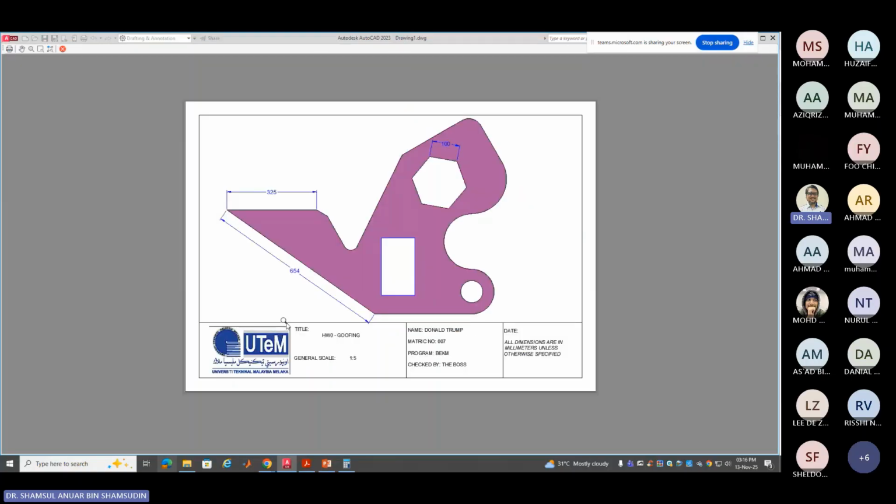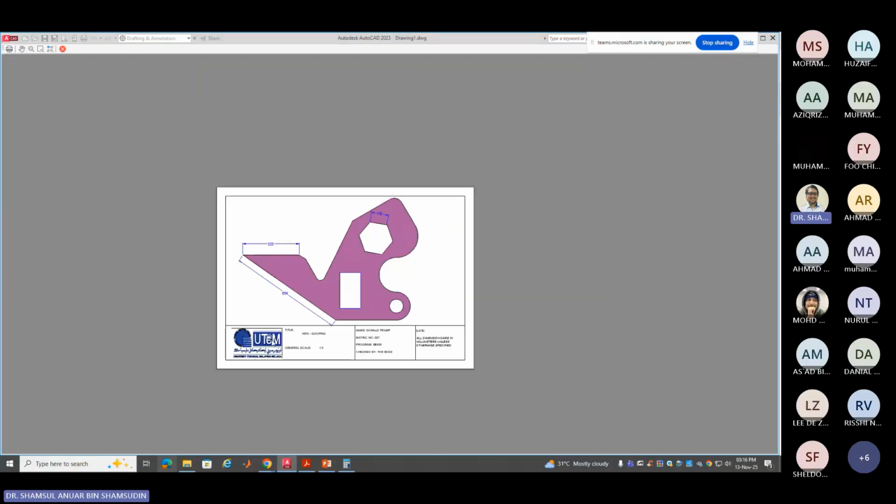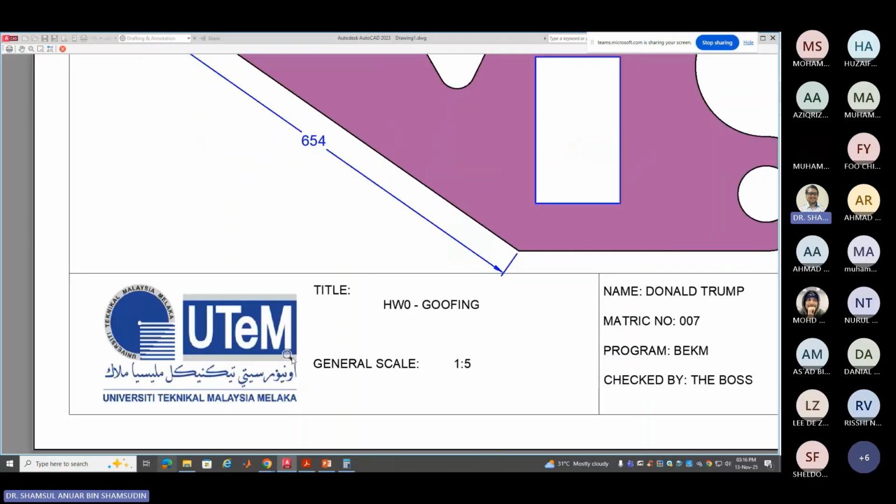Yeah, I don't know. It's supposed to work. I guess it has something to do with the way we insert the logo. But I think the logo is much better this way,